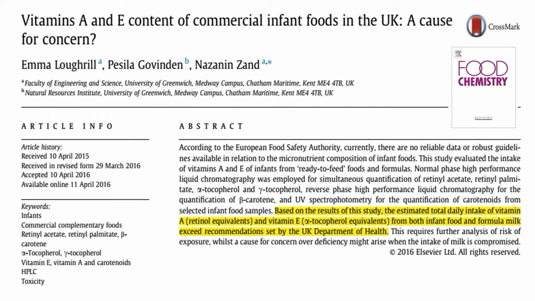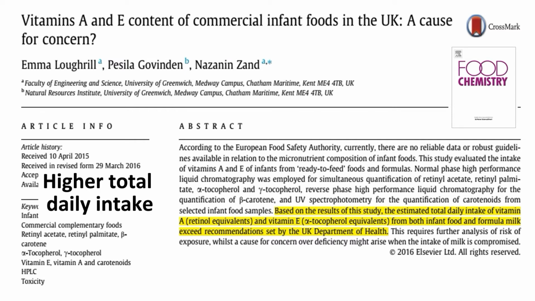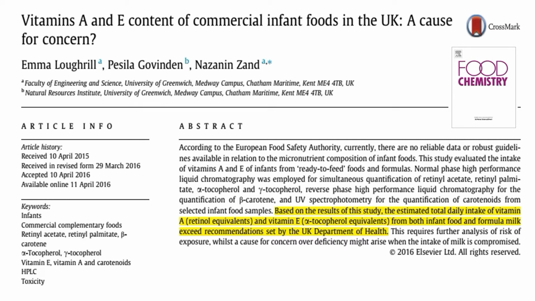This commercial infant food contained a higher total daily intake of vitamin A and vitamin E. The vitamin A and E content in these commercial infant foods exceeded the recommendations set by the UK Department of Health. Do remember,